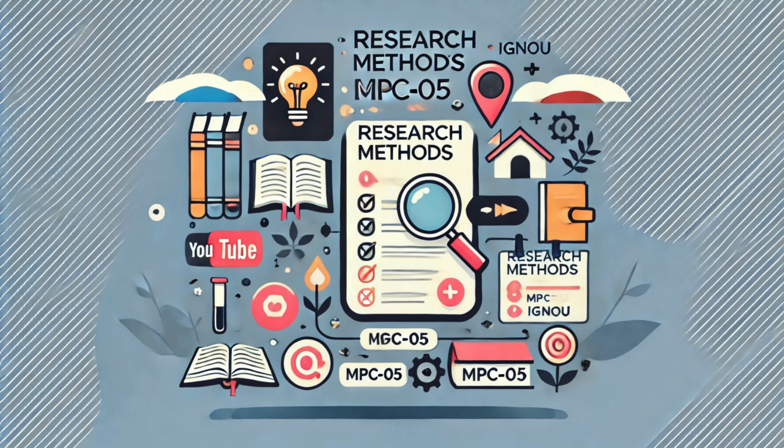Exactly. Whether you're reading a news article, evaluating a new policy, or just trying to understand your own experiences, those principles of good research can help you navigate a world that's overflowing with information. So it's about being curious, asking questions, and not just taking things at face value. It's about looking for the evidence, considering different perspectives, and being open to changing your mind. Couldn't have said it better myself. Remember, you don't need a fancy degree or a lab coat to be a researcher. All you need is a curious mind and a willingness to dig a little deeper.